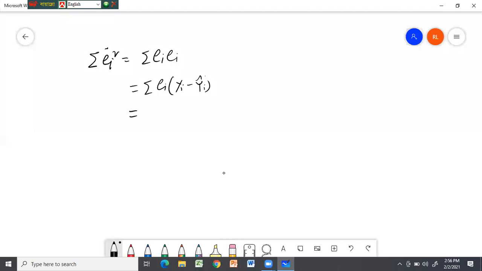So this is actually capital Y. yi minus y hat means your capital Y. So when you are giving the value b1 minus b2 xi, this one now has been multiplied with this, so it becomes sum of ei into yi